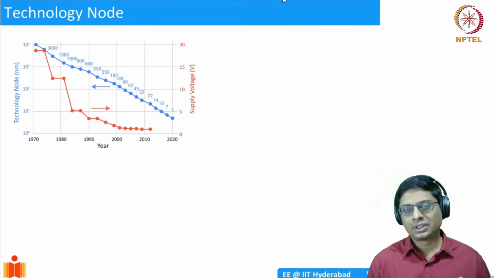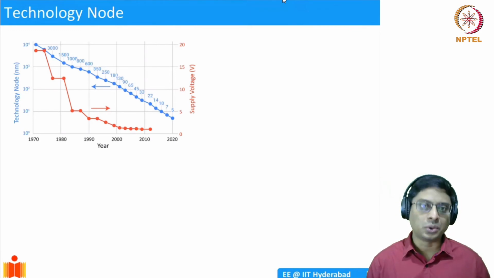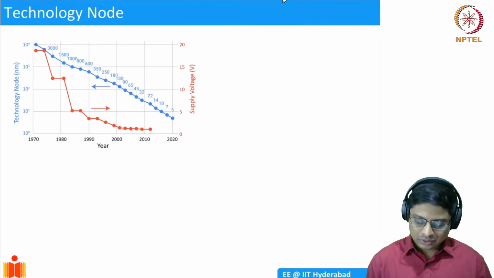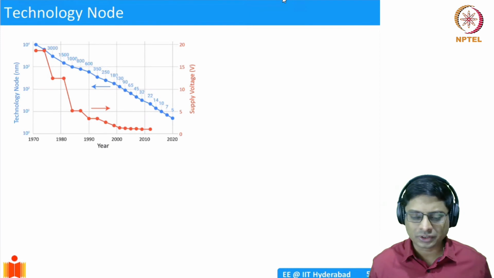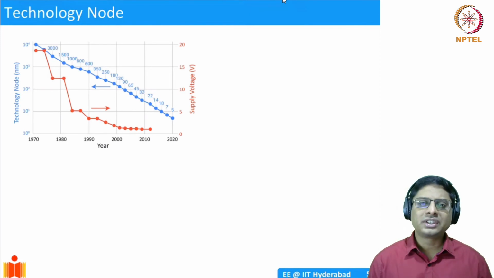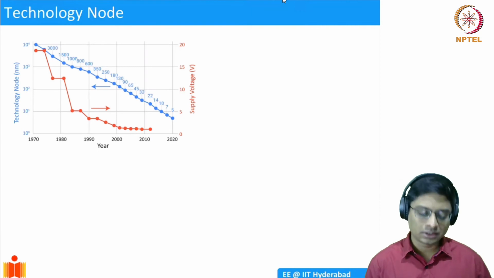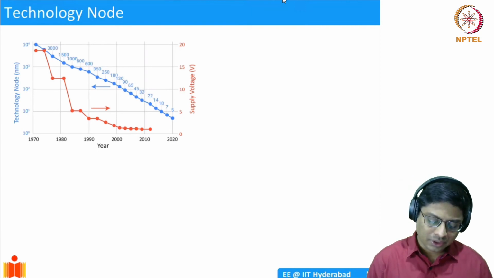to introduce a term which we call a technology node. Okay, so this is very important because even today, if you follow the technology news, you will see that Samsung has come out with 5 nanometer technology, or Intel has demonstrated 5 nanometer technology and 3 nanometer technologies in the research stage. So what does it mean? Okay, that's what we would like to introduce.